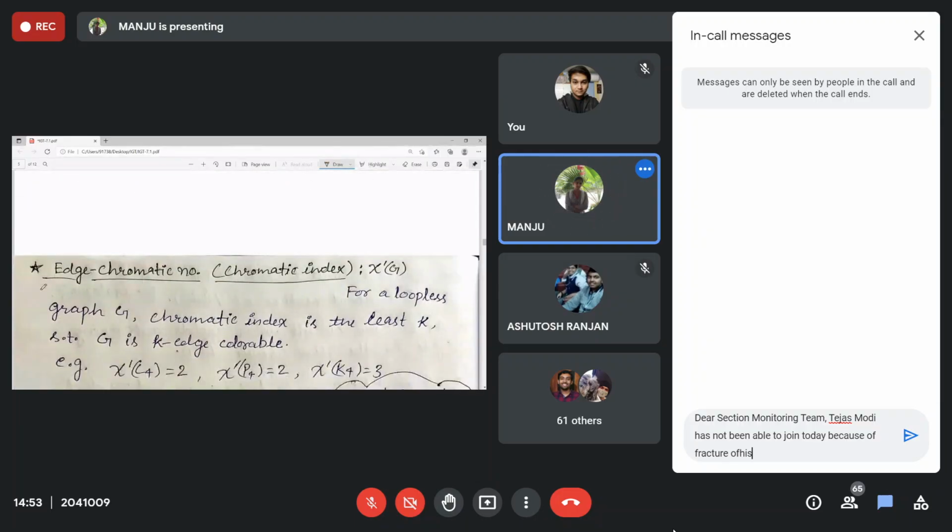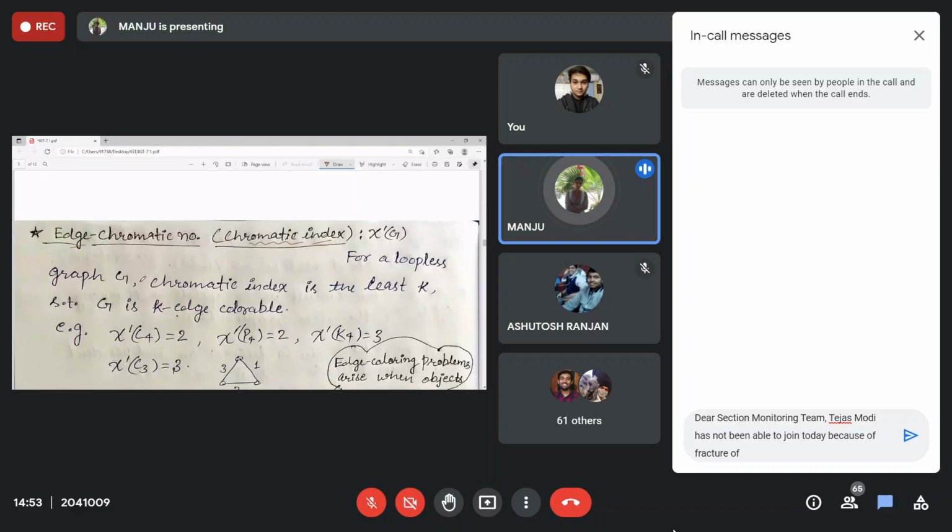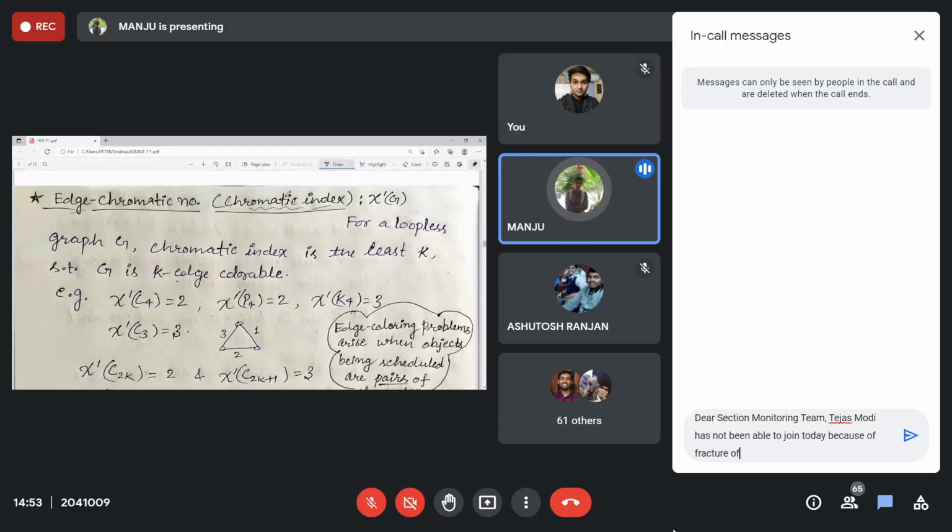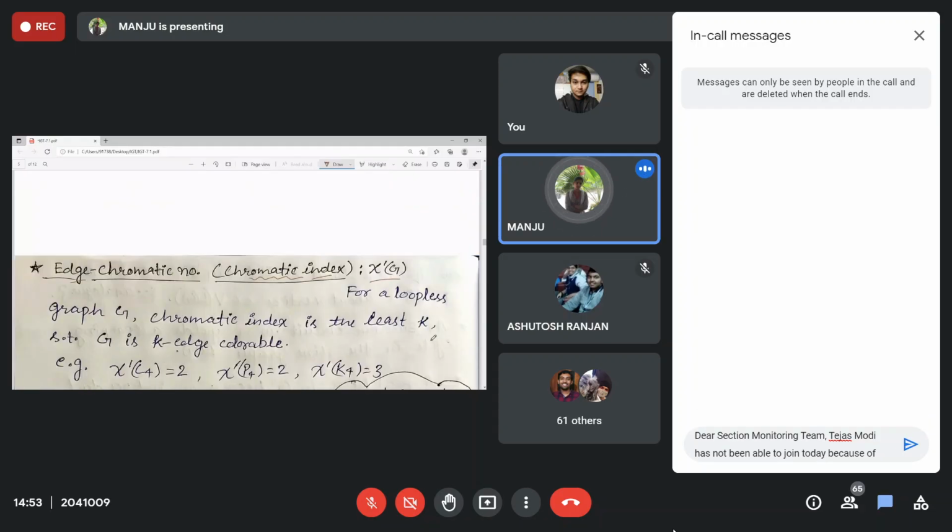Yeah. Edge chromatic number, vertex chromatic number we have done. The minimum coloring, right? Minimum k. So this is also known as chromatic index. Okay, either it is edge chromatic number or it is known as chromatic index. Clear? Denoted by chi dash. And this will be for a loopless graph. No loops would be there. Clear? No loops would be there like this.